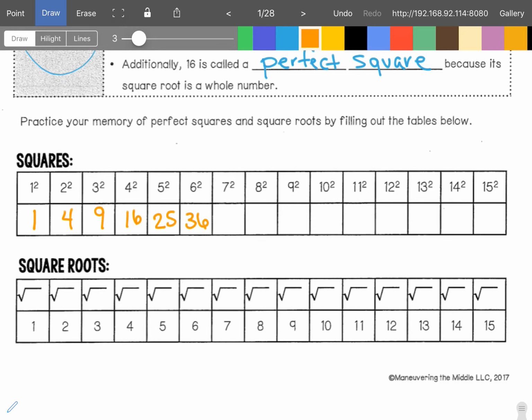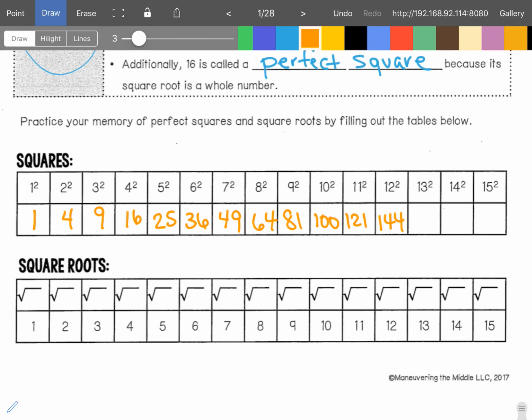36. 7 squared would be 49. 8 squared, 64. 9 squared, 9 times 9 is 81. 10 squared, 10 times 10 is 100. 11 squared, 11 times 11 is 121. 12 squared, 144. And after this, you may not know these by memory, and I really don't want you to